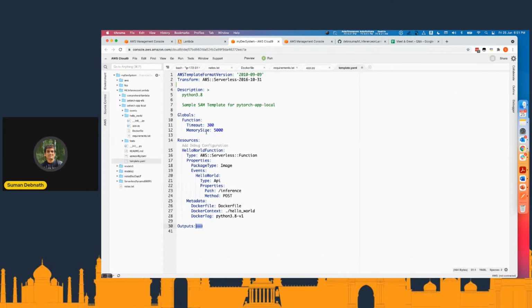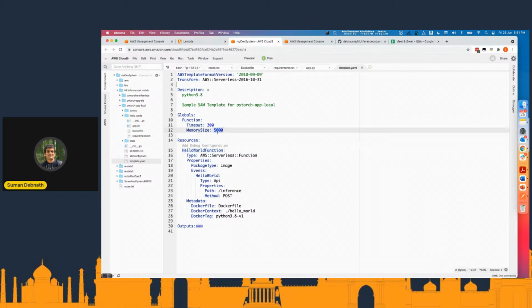So global is just like in programming, where we also have some global variables which can be shared across the whole code or functions. So here we can put some common things. In this case, it may not make much sense because I have only one Lambda function called hello world. But in case you have hello world 1, hello world 2, and so on, and for all the functions you want to set some parameter, like let's say